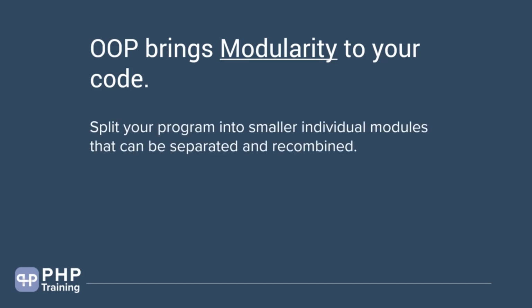And when I say modularity, which actually means you split your program. Let's say you have 1000 lines of program that you typically write. You split your program into smaller individual modules that can be separated and that can be recombined. And how we're going to do it is all about how you write and understand the OOPs concept. When you write your program using OOPs concept, this is what you're mentally thinking. You're thinking of how do I write my program into simple, smaller individual modules. You write them in separate individual modules, and then you try to combine them